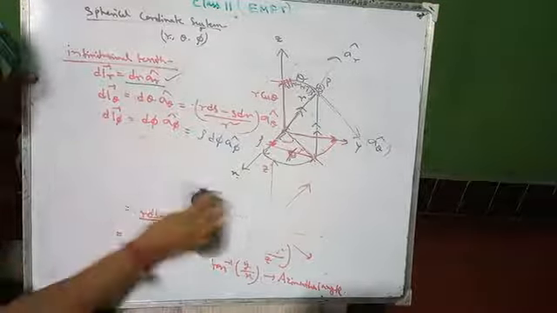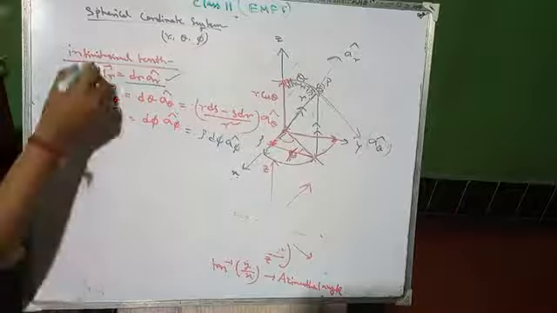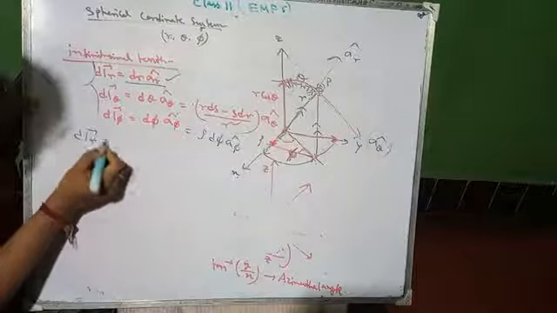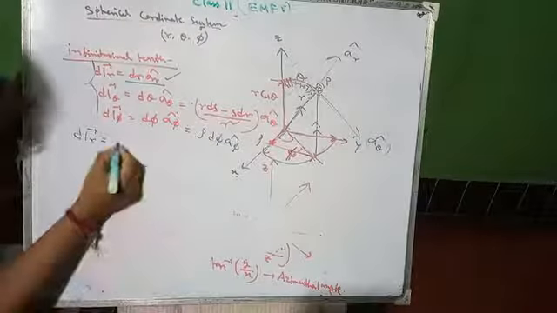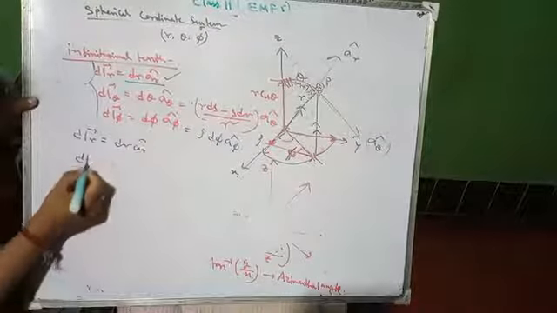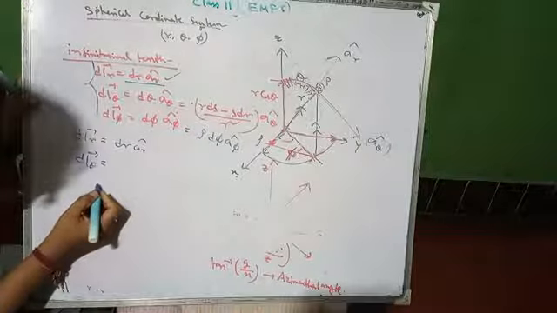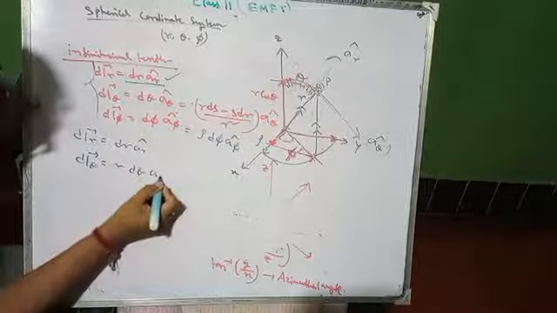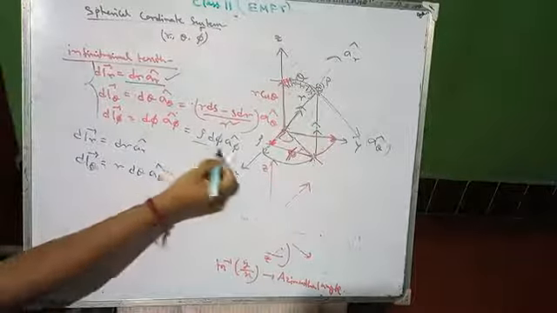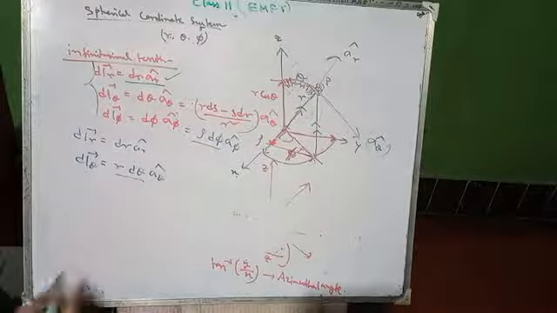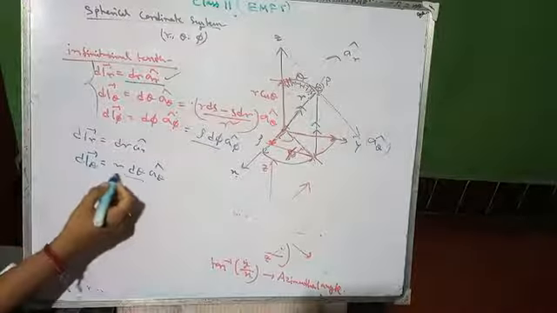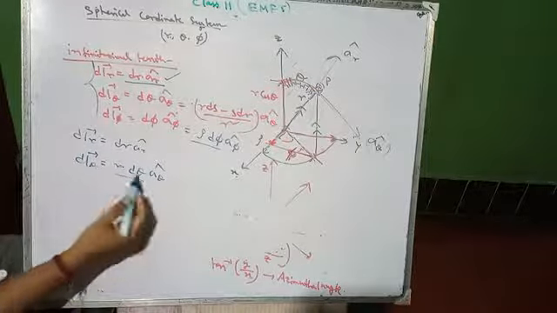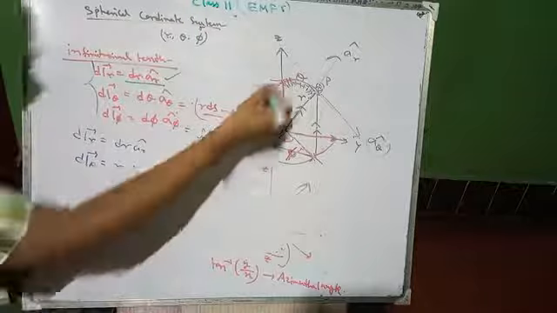So this is your basic equation. Now again, dlr vector equals dr into ar cap. It is correct, right? Again if we compute dl theta, what is dl theta? It is r d theta a theta cap. Why? Because rho d phi and r d theta are a similar thing. dl theta equals r into theta: this is your radius and this is your angle. Radius into theta equals the displacement or the surface.